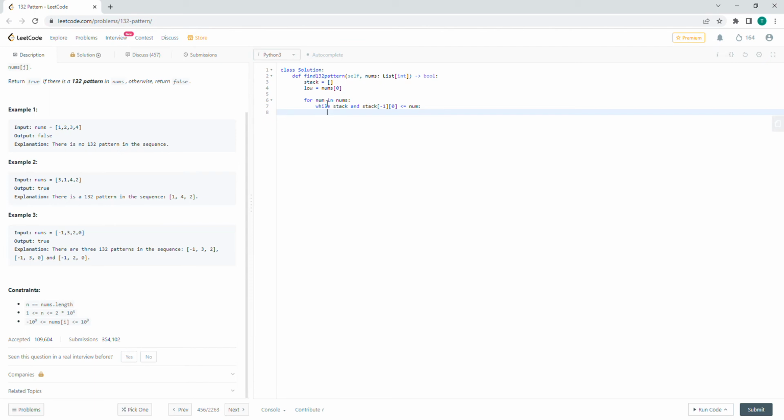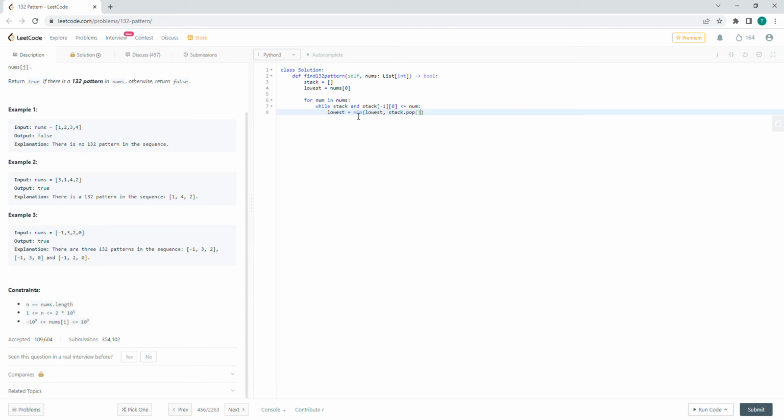So we're going to say low, the minimum number, will be the min between the lowest value and the last element in the stack,